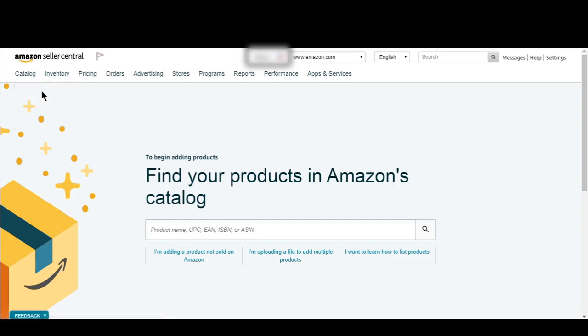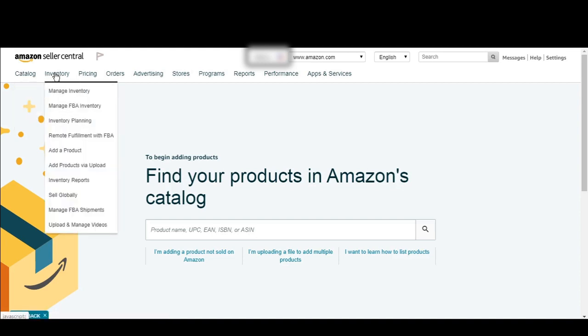From this add product tab, you can add any new product to your portfolio. So the add product tab is important, and you can leave these two tabs. These are not as important as this one. And as you come to inventory,